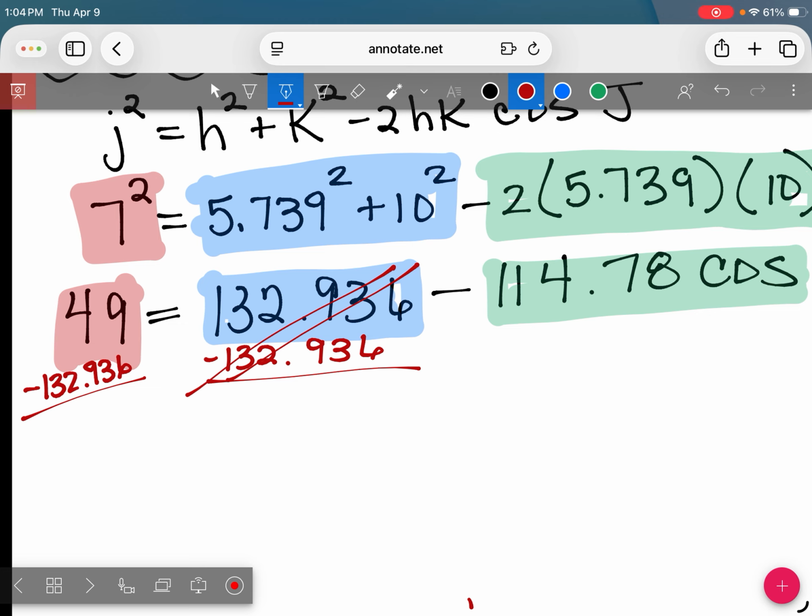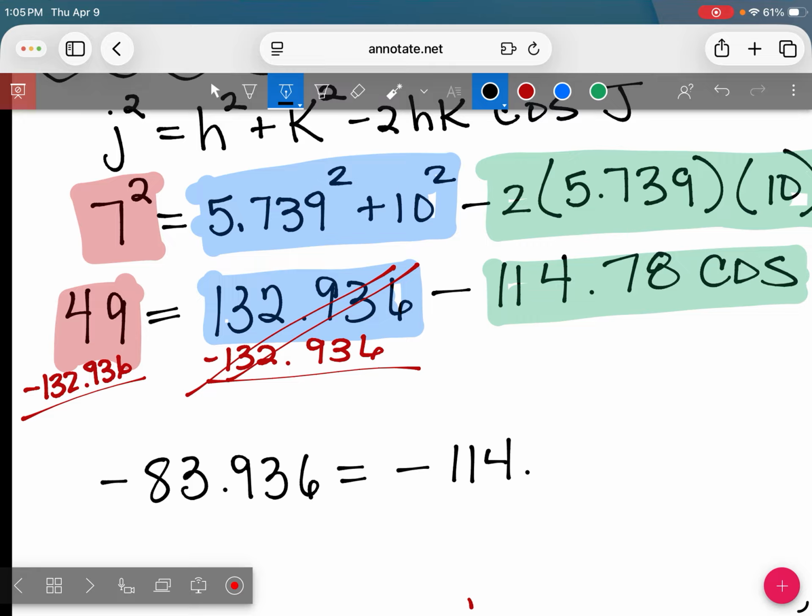So take 49 minus 132.936, and that will give you a negative 83.936. And that's going to equal, don't forget that there is a negative or a subtraction sign in front of that green box. We can't drop it. So that's going to equal negative 114.78